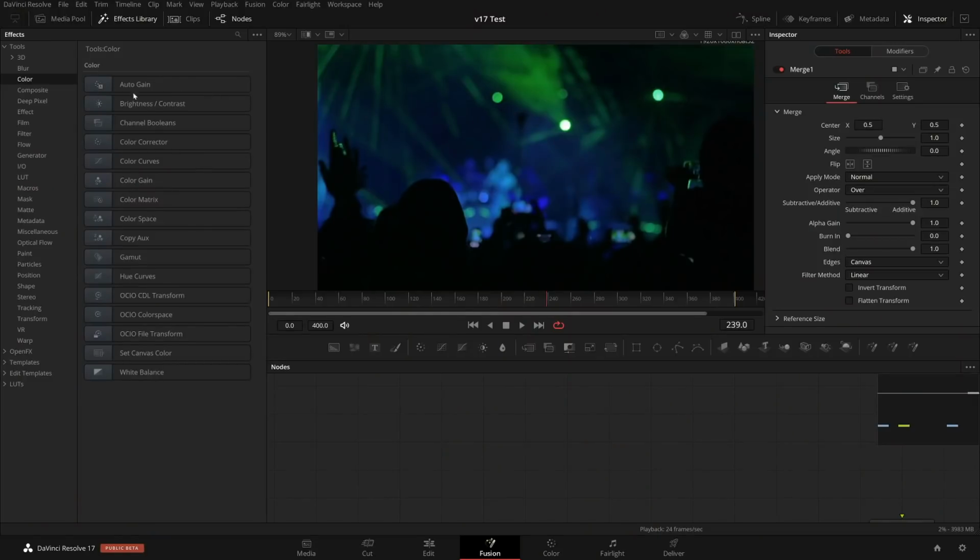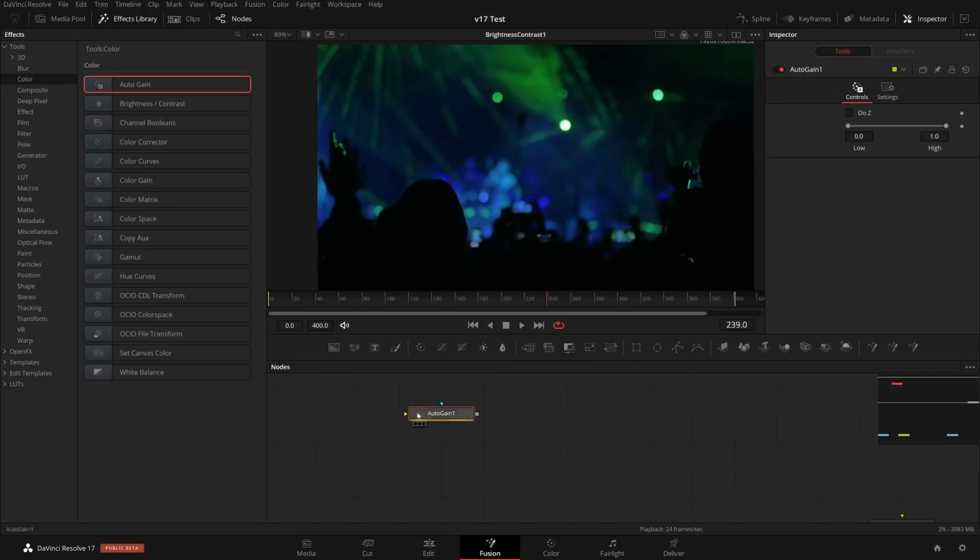Nonetheless, it is what it is. The idea of this layout is probably not really coming from Fusion, because here you can't really do anything except what you could always do, which is place the node into the flow. Now on the edit page, this same effects menu does make sense.